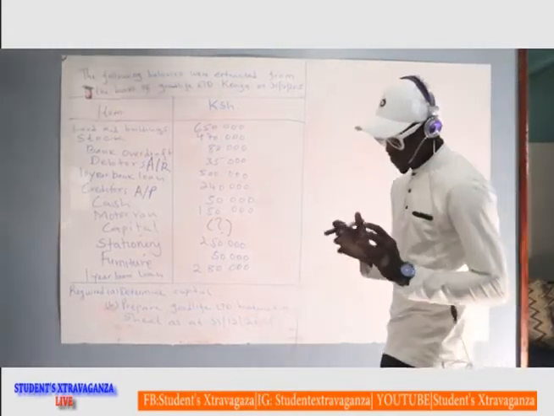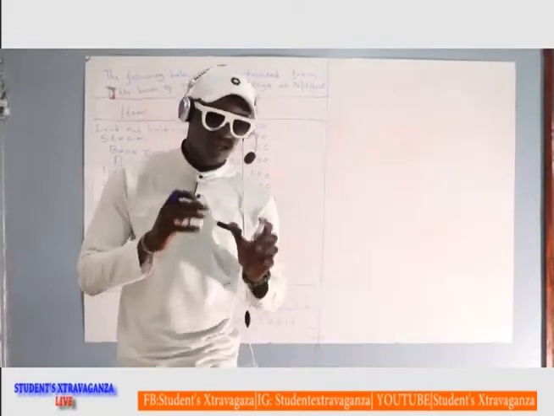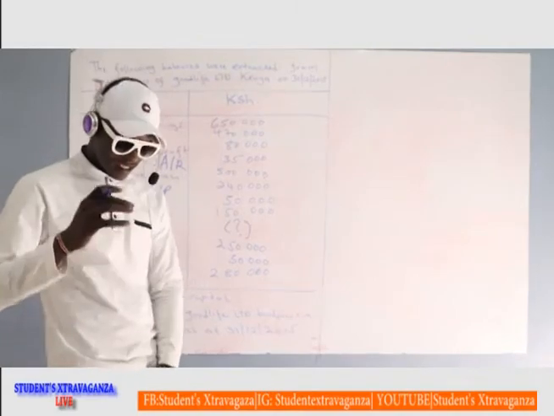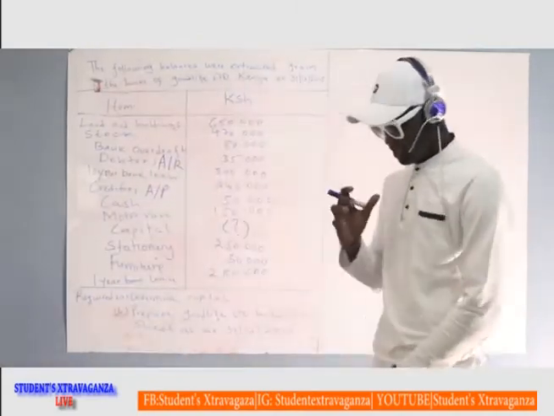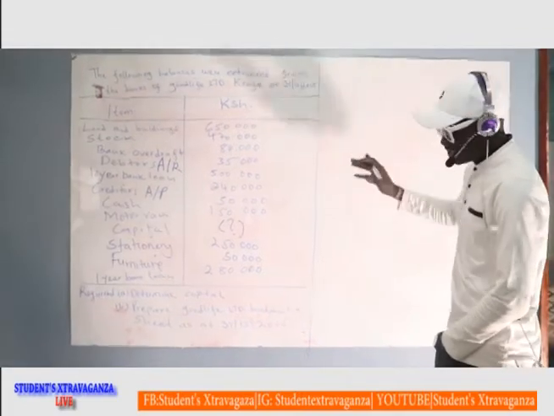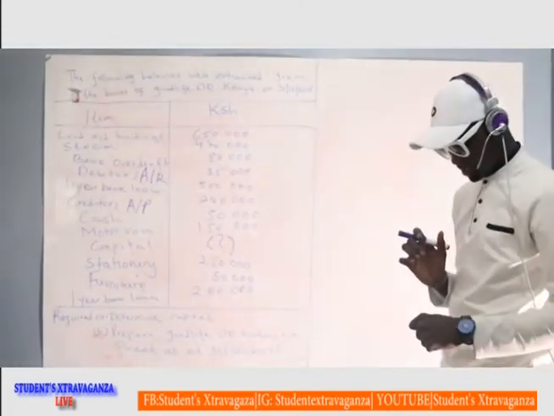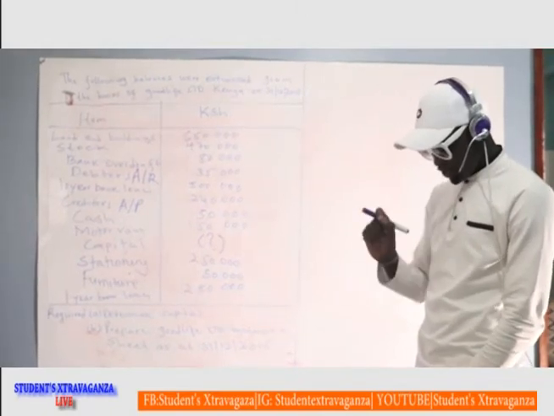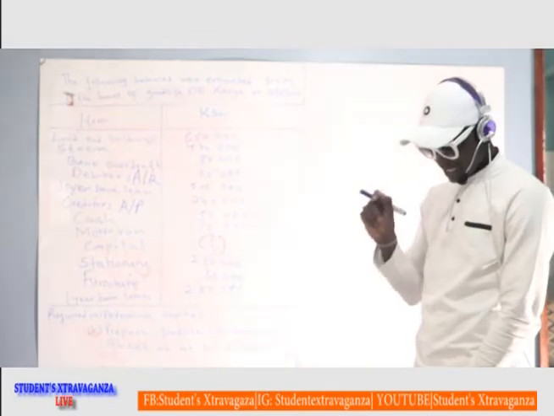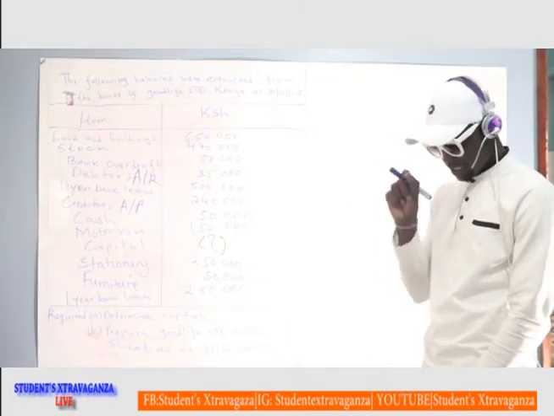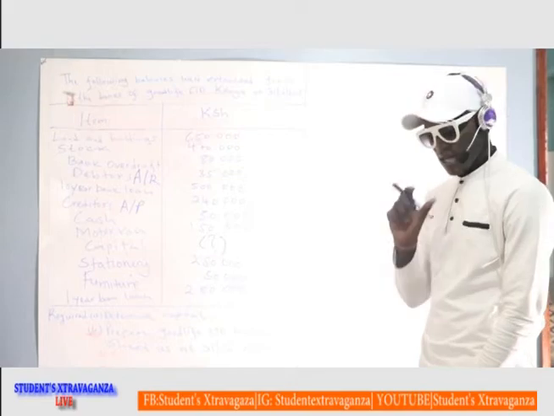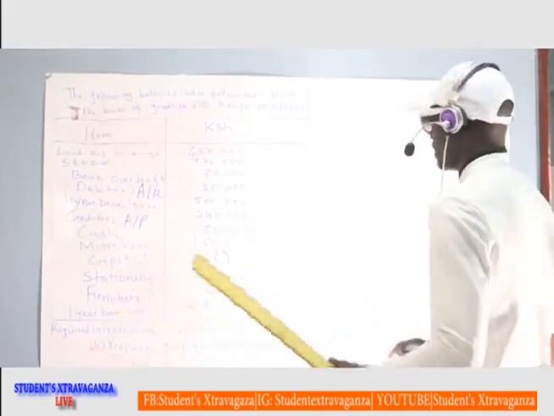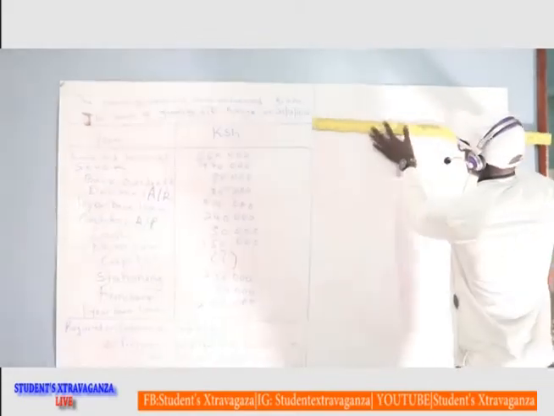A balance sheet also takes a T format, but there is no indication of a CR or a DR side. I shall repeat. A balance sheet takes a T format, but no CR or DR indicated on the statement. Let's look at the format of a balance sheet. It has a name of the business,